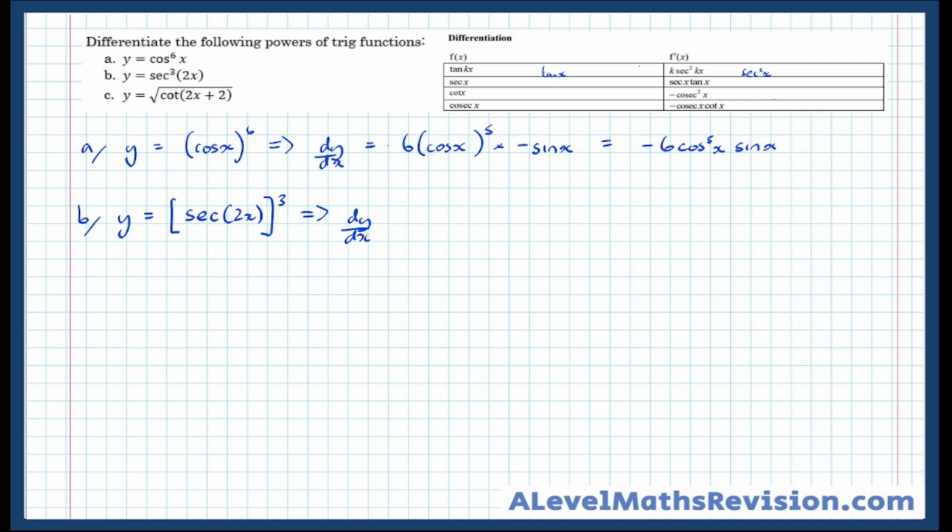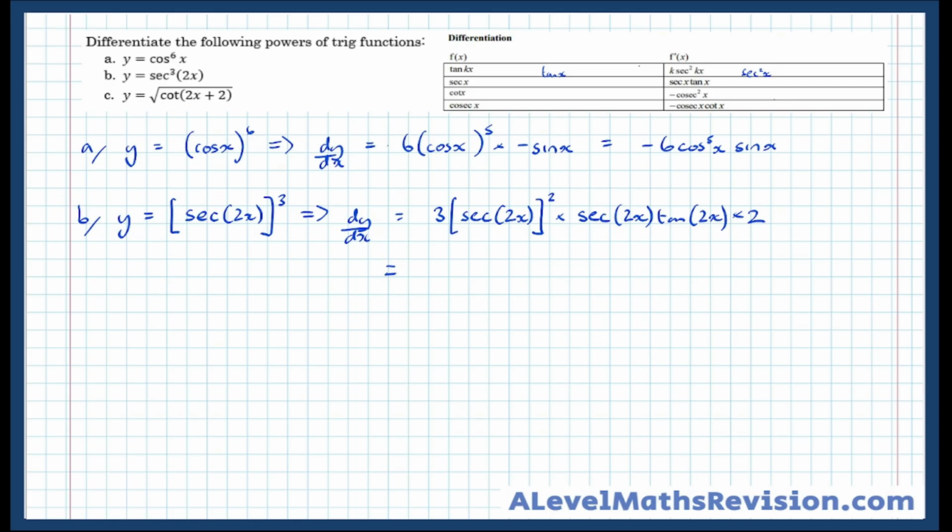But dy by dx equals 3 lots of sec of 2x squared, 3 lots of the bracket squared, times the differential of the bracket, and the differential of sec x is sec x tan x, so it's sec of 2x tan of 2x, but sec of 2x itself requires the chain rule. We need to multiply by the differential of the bracket, which in this case is 2, so times 2,